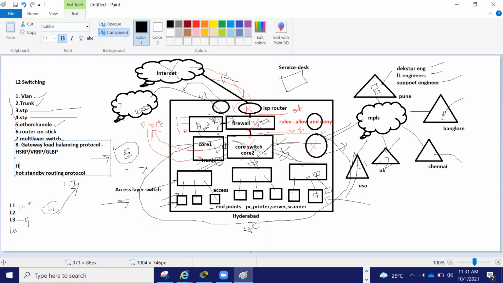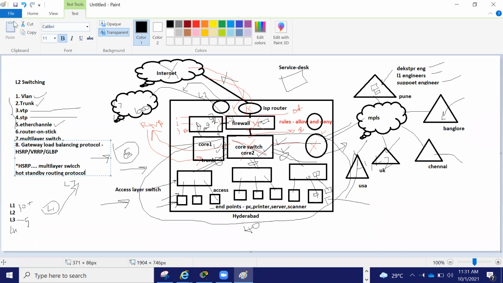Packet Tracer actually supports HSRP. And for HSRP, you need to do it on the multilayer switch only, which will actually be the core switch of your LAN. So whatever VLANs you have, VLAN 10, 20, you will have two VLANs there.